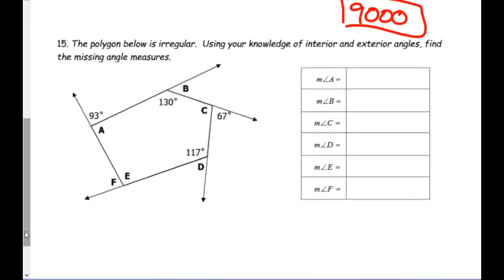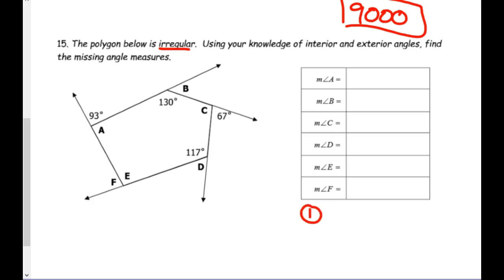You'll be able to do that. The polygon below is irregular. Irregular, meaning not all the angles are equal, so don't assume that they are. Using your knowledge of interior and exterior angles, find A, B, C, D, E, F. Okay? So, some of these are easy to find. Okay, first thing you want to do,